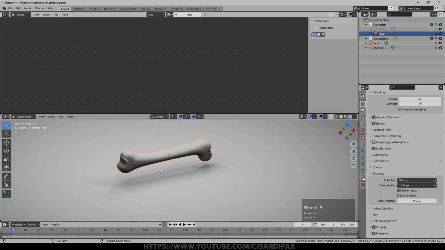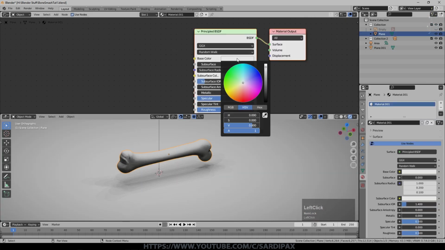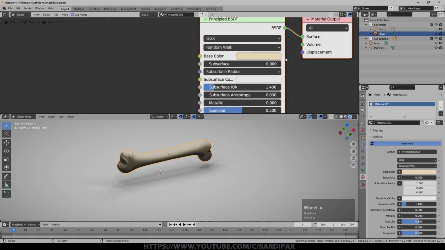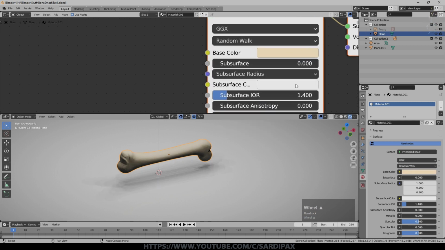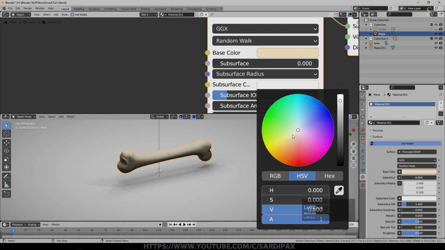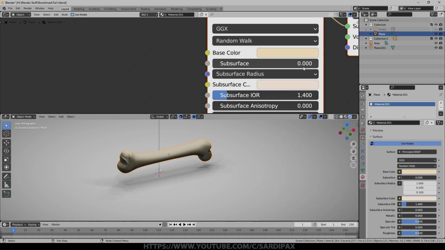So we'll select our bone and say new material for that. And we can initially just set sort of a yellowish, brownish color for it. I think the important one with bone is to have a subsurface color as well. I just went with a sort of light yellow color and a subsurface amount of only 0.1. So this is what lets light bounce around inside it and then come back out and gives you a little bit more of the feel of it being bone.